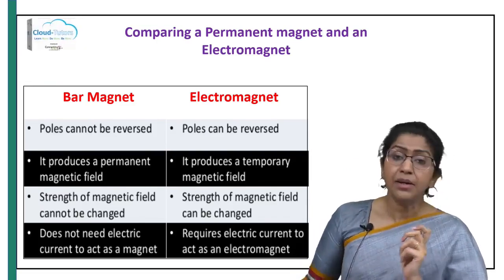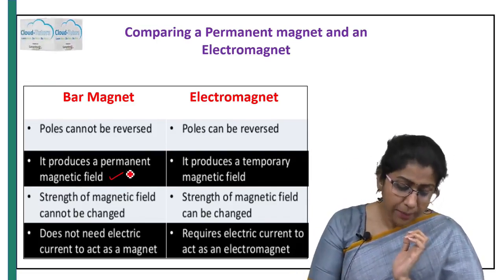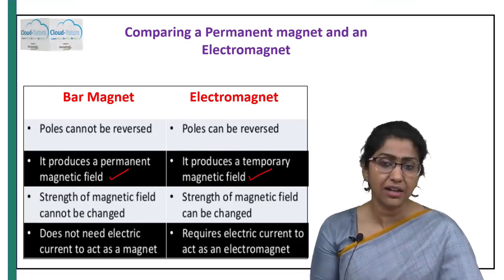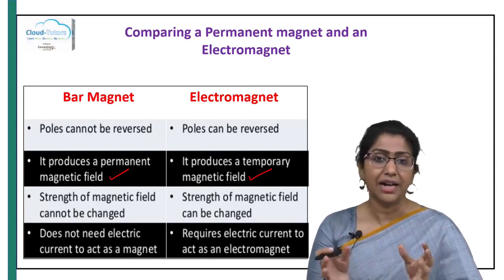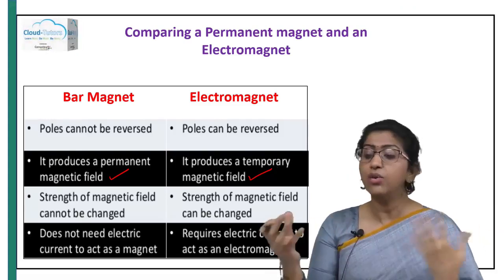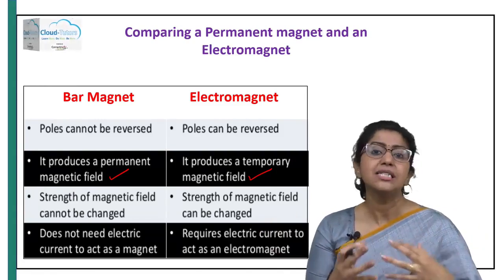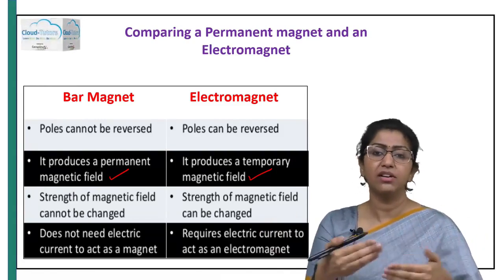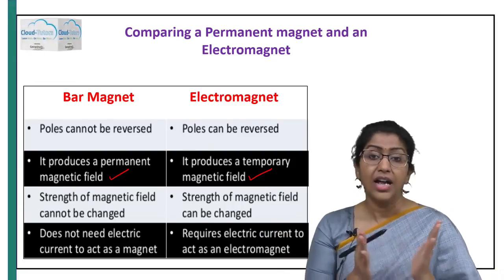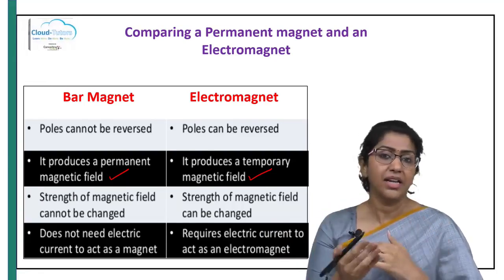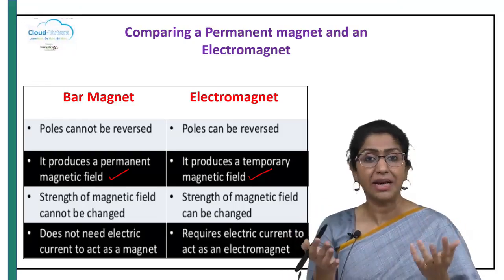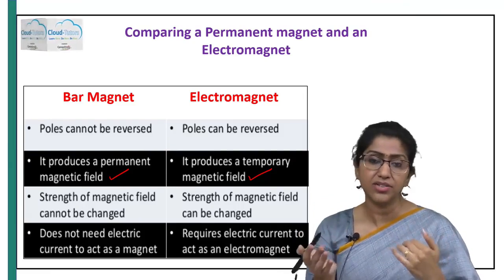And a permanent bar magnet induces a permanent magnetic field. Whereas here in the electromagnet, once we are done using this magnet, we can definitely switch off the current, and hence the magnetic field also disappears. So there are no hassles as to how to store this particular arrangement, right? It is just a coil and a cylinder, and there is a source of current that we have to worry about. There are many circumstances where we need a large magnet or a very strong magnetic field that needs to be used in certain kind of industrial applications.